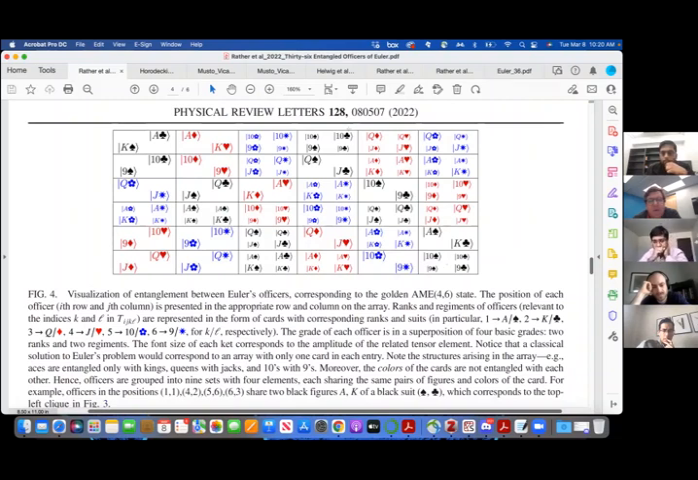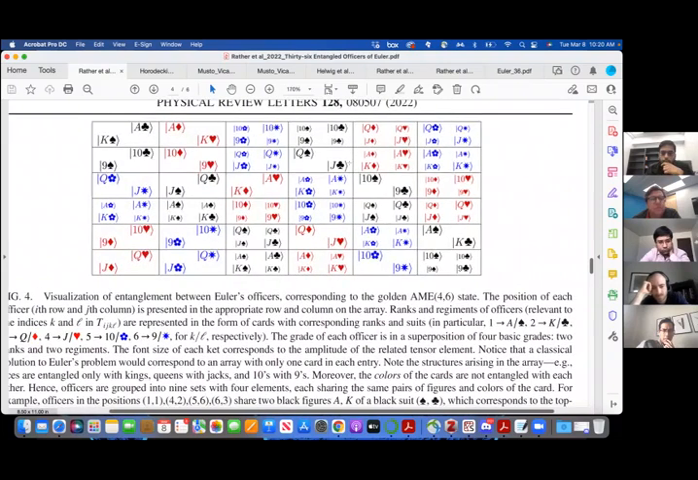Yeah, I think some of them differ in coefficients. For example, in this case, this one has the largest coefficient, and in this one, the 10 of spades has the largest coefficient. So although this and this look very similar, I guess these are different states. So are they different and orthogonal states? I think these are all orthogonal to one another